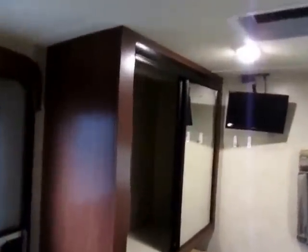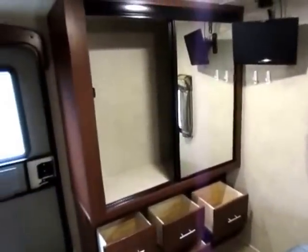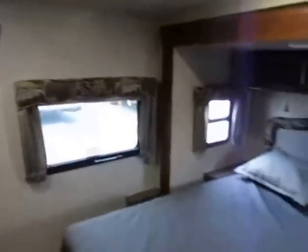Now, they added the TV aftermarket, but what's nice is they left it in here. So they installed a TV for you, and they left it in place. So again, they understood that this widget went with this trailer, and that's kind of cool. Huge closet and awesome dresser space in here. Again, one of those things not typically found in an ultralight travel trailer, same as a full fifth wheel